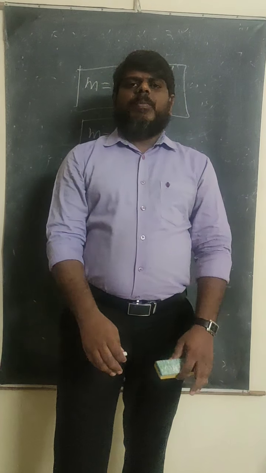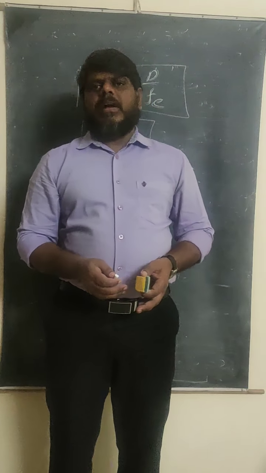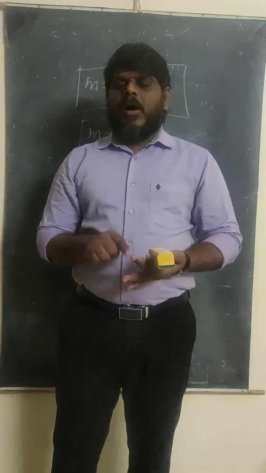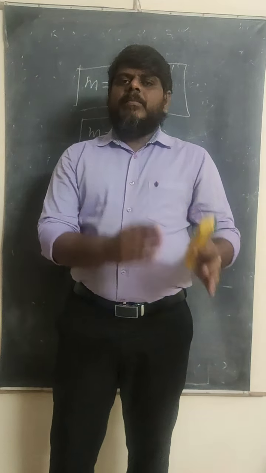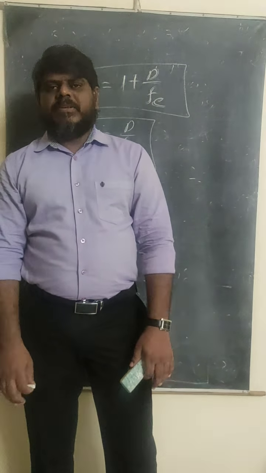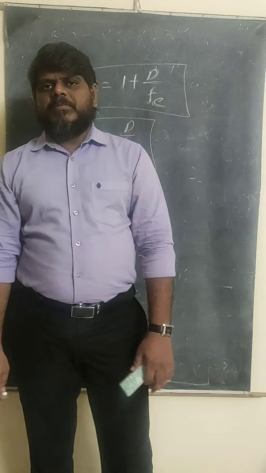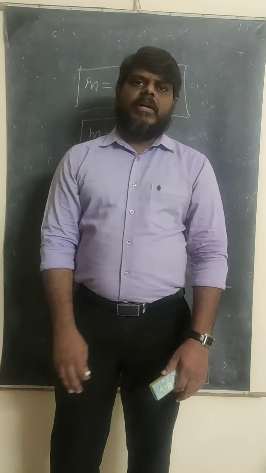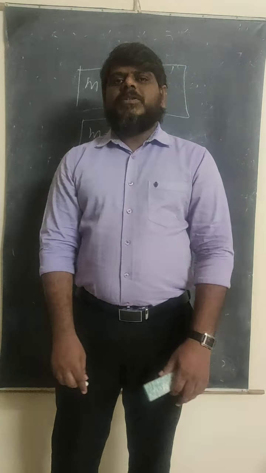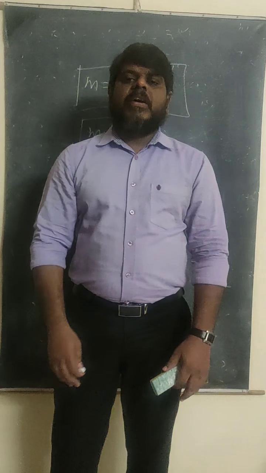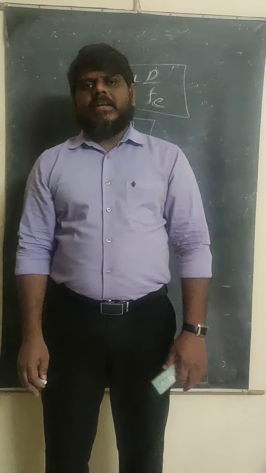So in the simple microscope, if you want the near point adjustment, the object should be placed between the principal focus and the optic center. Then the final image will be produced at the near point, or at the least distance of distinct vision. Next one is the far point adjustment. In the case of far point adjustment, the object should be placed exactly at the principal focus. When the object is placed at the principal focus, the final image is going to be produced at infinite distance. Okay, these are the near point and the far point adjustments.